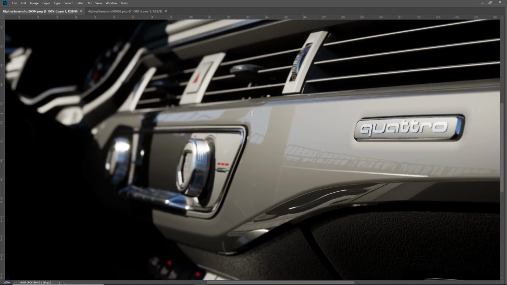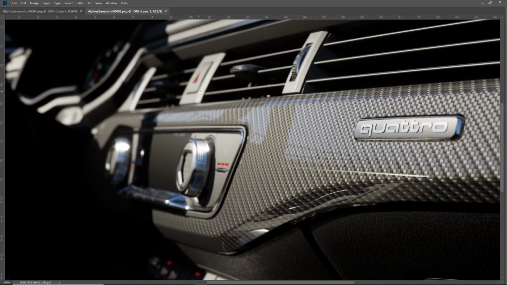So let me show you an example of what it looks like once that flag has been enabled. So here we can see we get that normal information in the base substrate, giving us the weave with this beautiful clear coat layered on top of it. So the takeaway from this is if you're using the Automotive Material Pack and you're doing anything fancy with normals and clear coat, you want to make sure that's just turned on.